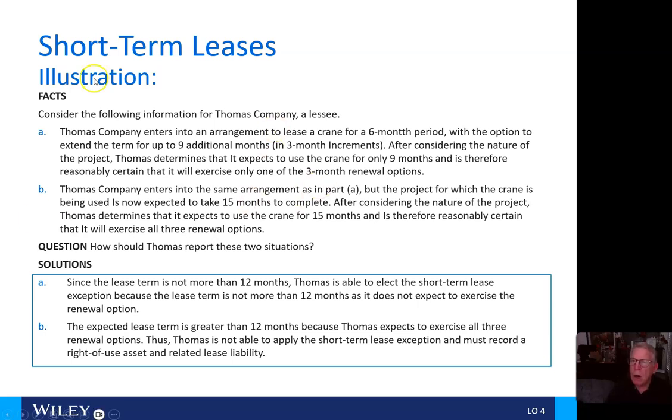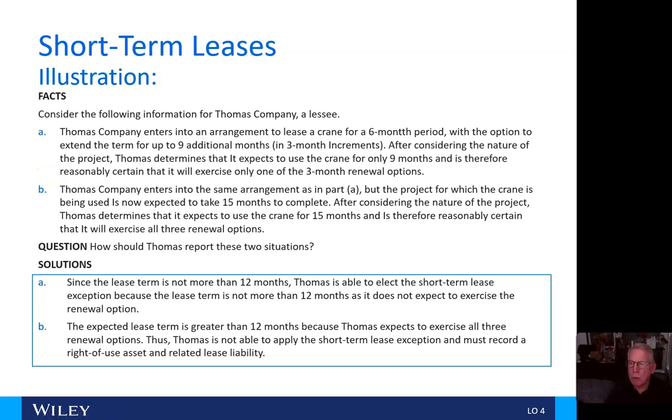Okay, here we'll take a look at an illustration for the Thomas Company, who's the lessee. Alpha: Thomas Company enters into an arrangement to lease a crane for a 6-month period with the option to extend the term for up to 9 additional months in 3-month increments. After considering the nature of the project, Thomas determines that it expects to use the crane for only 9 months and is therefore reasonably certain that it will exercise only one of the